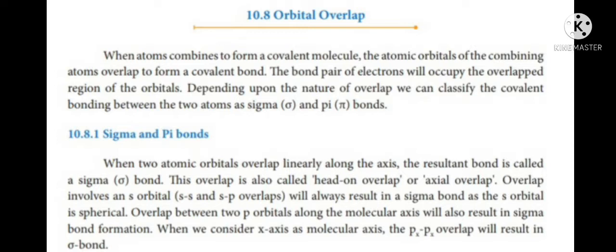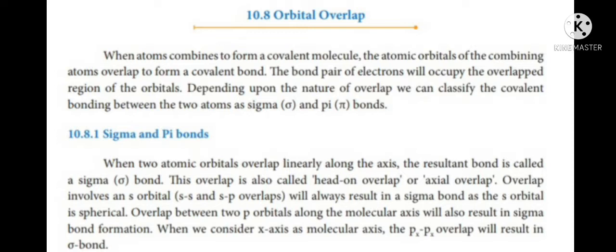Again, I repeat, when two atomic orbitals overlap linearly along the axis, the resultant bond is called a sigma bond. This overlap is also called head-on overlap or axial overlap. Here, the overlap involves an s orbital. That is, s orbital overlaps with s orbital and s orbital overlaps with p orbital will always result in sigma